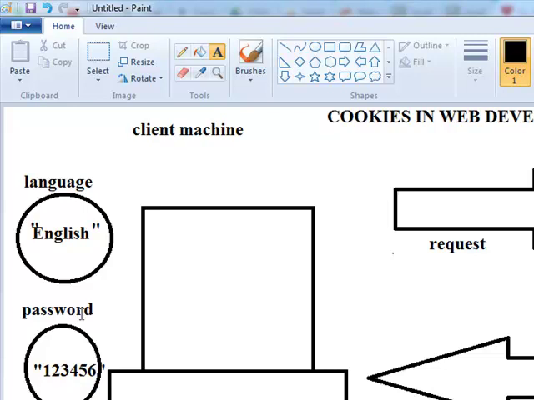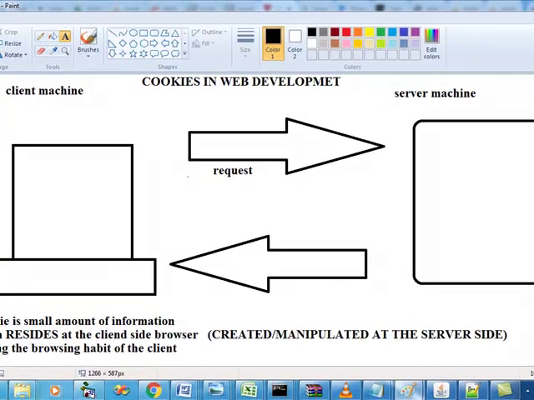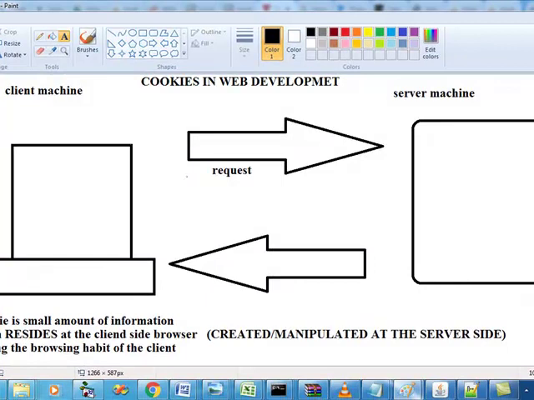All the cookies of Amazon which are stored on my hard disk, on my browser, will only accompany the request. So if I have 10 cookies, 5 cookies from Amazon, 5 cookies from Flipkart, and I send a request to the Flipkart server, how many cookies will go? 5 or 10? Only 5 cookies of that particular server only.